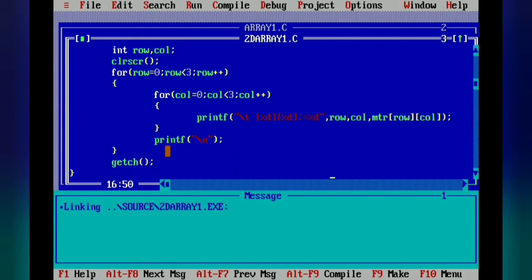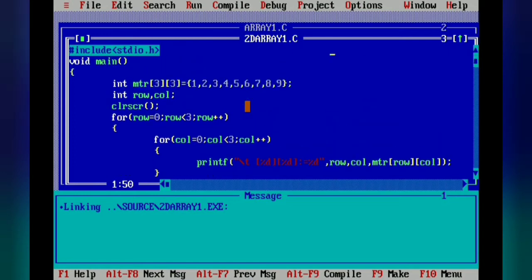Along with that, we have discussed compile time initialization. Now we want to discuss runtime array initialization. That means we want to get the value from the user, and whatever value the user enters should be printed over here. The same concepts are there. Now I will tell you how we can copy the content here. Instead of printf we have to use the scanf statement.